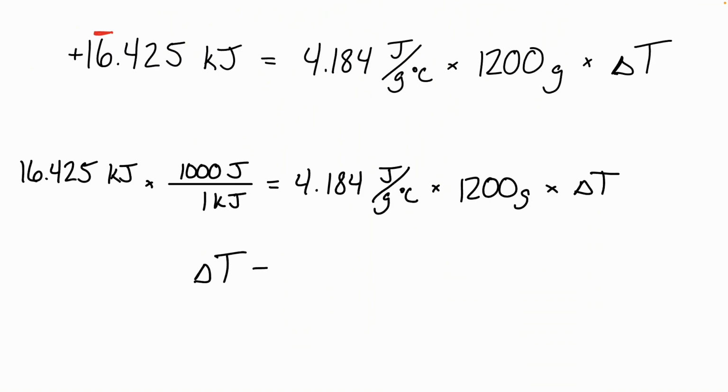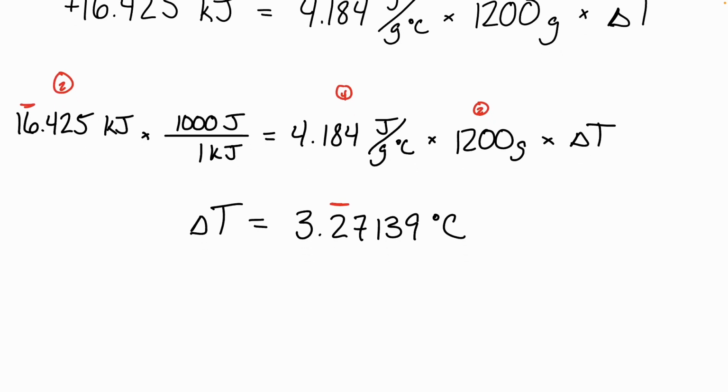All right, so if we punch this all into our calculator, solving for that delta T, we get a delta T of 3.27139, and our units work out to be degrees Celsius. And then we were really good at keeping track of our sig figs, so we know that that heat only has 2 sig figs. And so that, along with our mass, will limit us to 2 sig figs in our answer here. Or we would expect to have this solution change by increasing 3.3 degrees Celsius.